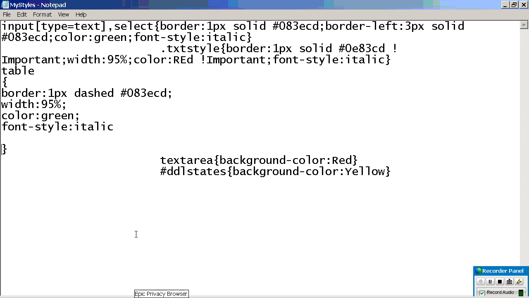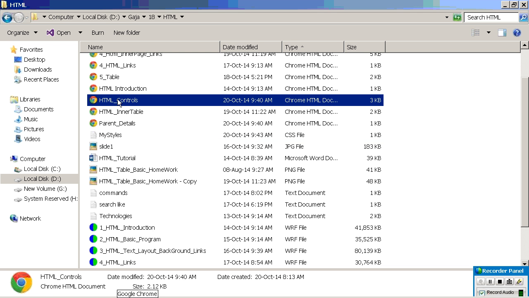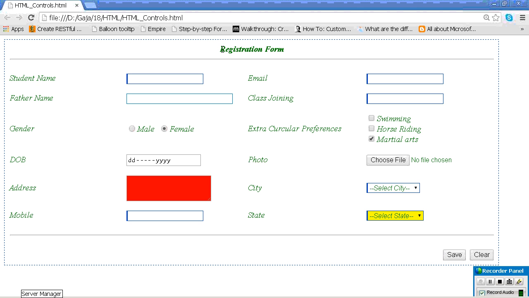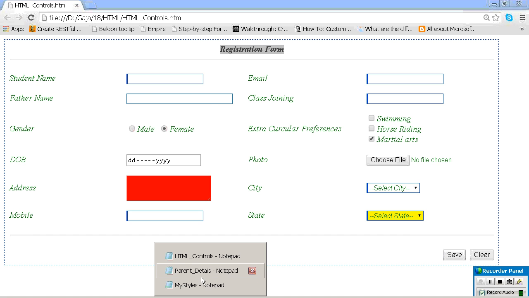Now I have one question. I want to make this registration form capital letters. Where is it? It is in the PH tag, right? I want to make this one capital. Then what can you do? You can write your own style, right?